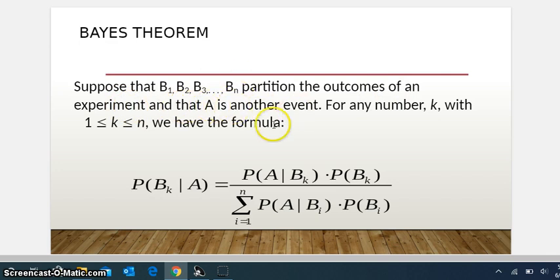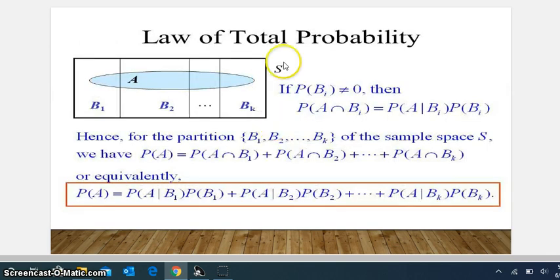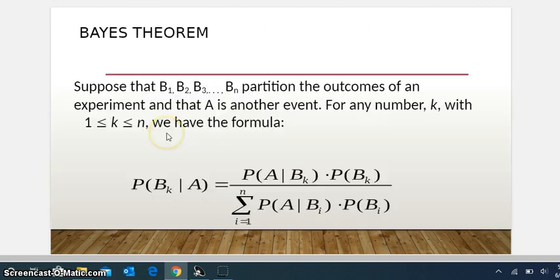Whatever I have just told you in the total probability theorem, you have B1 and so on Bk and you want to calculate P of A. For any k from 1 to n, we have the formula: P of Bk given A is equal to, for example if I want to calculate P of B1 given A, it will be P of A given B1 times P of B1, divided by the summation of P of A given B1 into P of B1 plus P of A given B2